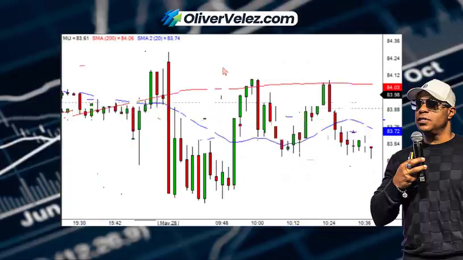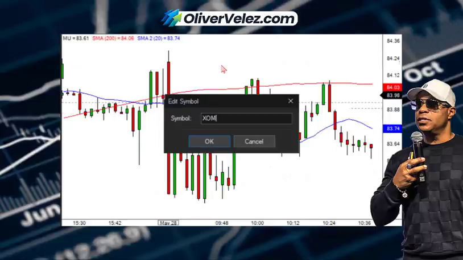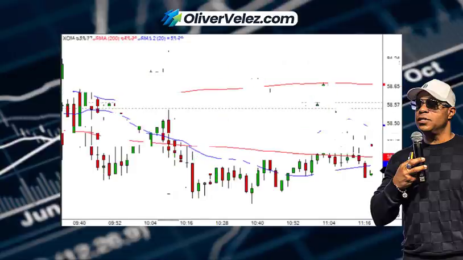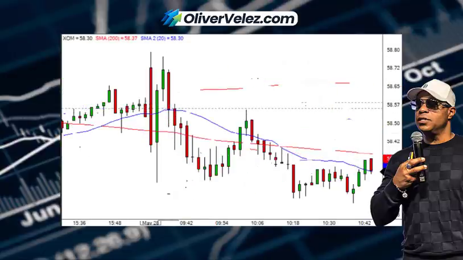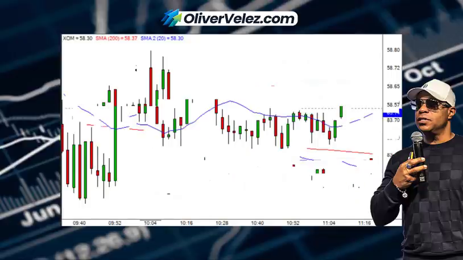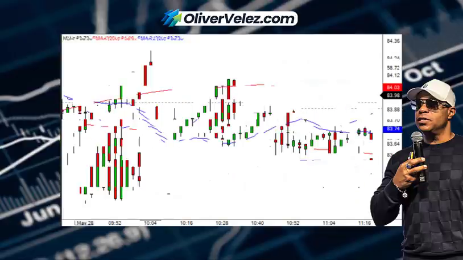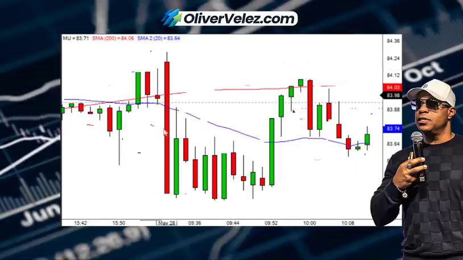So look at this. Here's what I want to bring your attention to. I was tempted to do the XOM short because that red bar here was so violent and powerful. But I opted for doing the MU short instead. This is what I want to cover with you today. I had two short options, MU and XOM. I chose MU because of the better position.